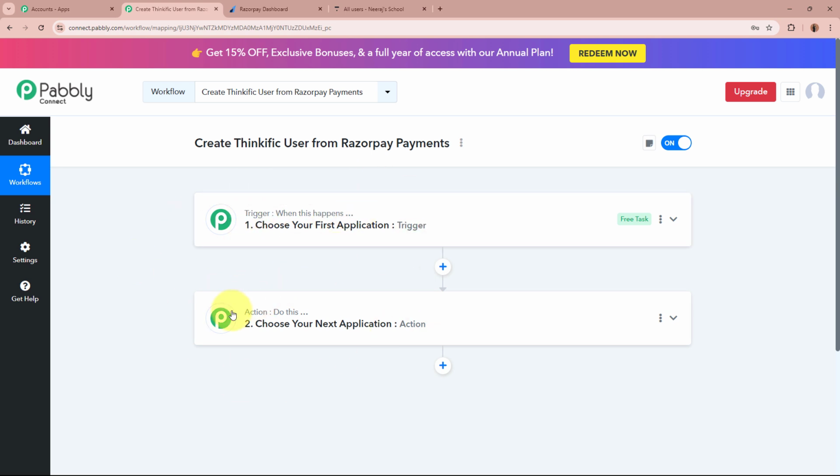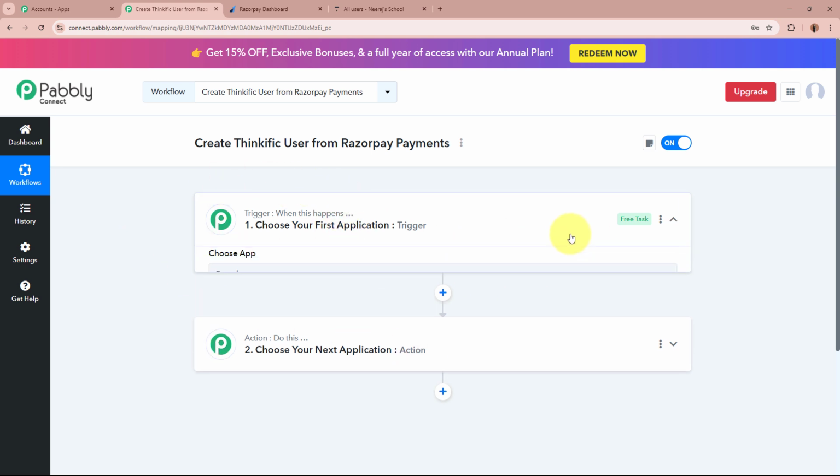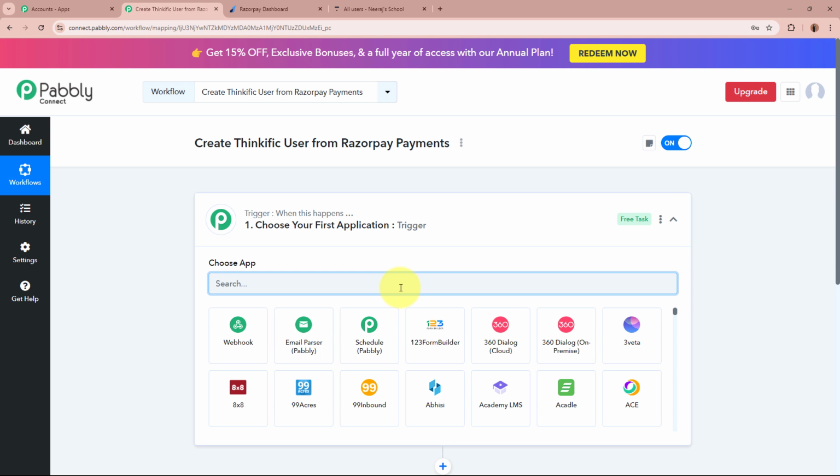Over here, Trigger says when this happens and Action says do this. That means that action is a response towards our trigger. In an automation process, there can be only 1 trigger step but multiple action steps. We are going to set up our trigger step first, and for the trigger application, what we are going to